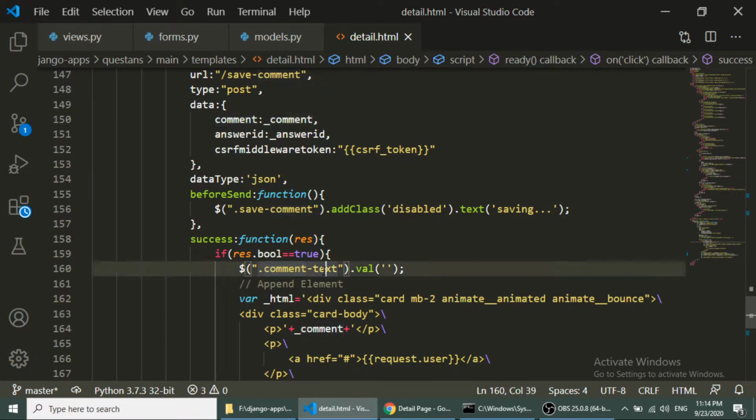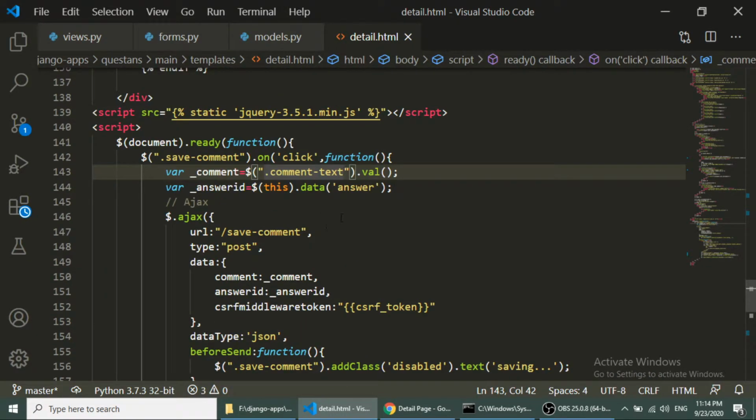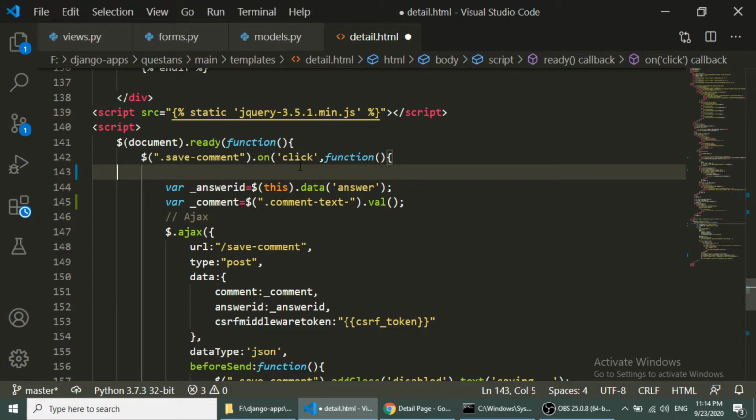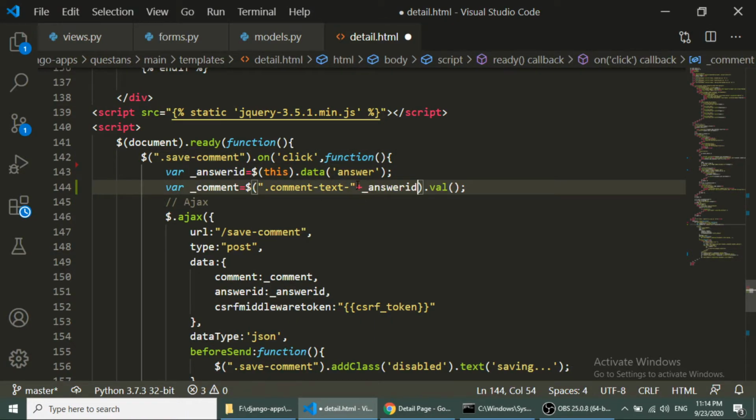We are getting the comment text, and the comment text is common for all the answers. Now we need to define the answer id with this. So here we will add the answer id. Our variable will be the bottom of the answer id, and here I will add the answer id.